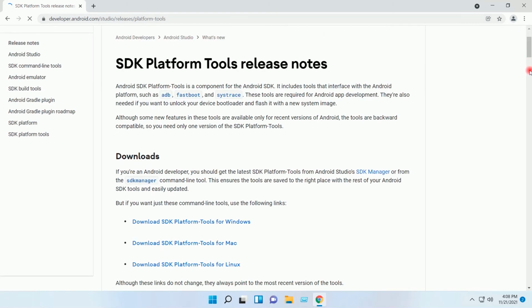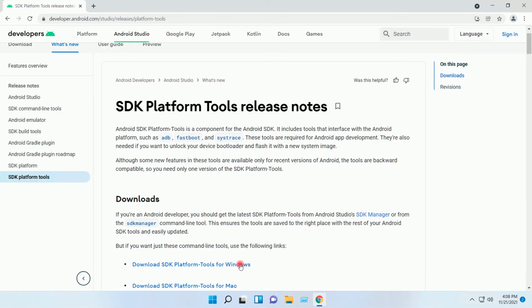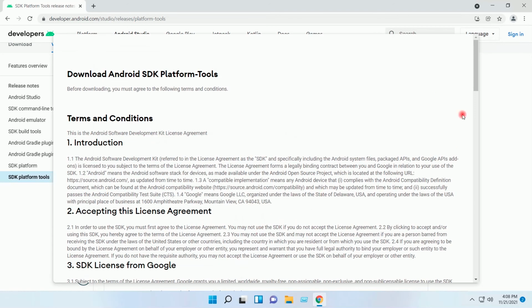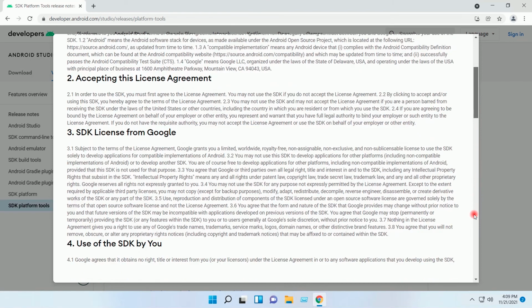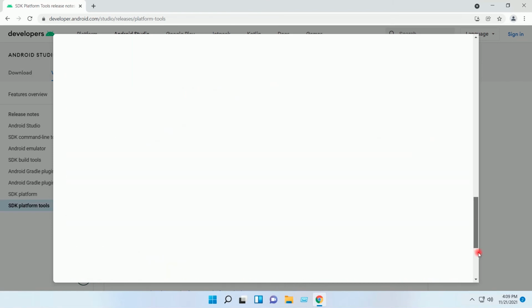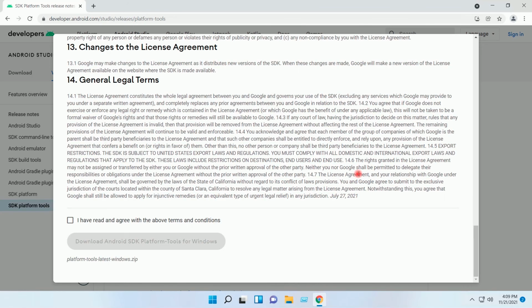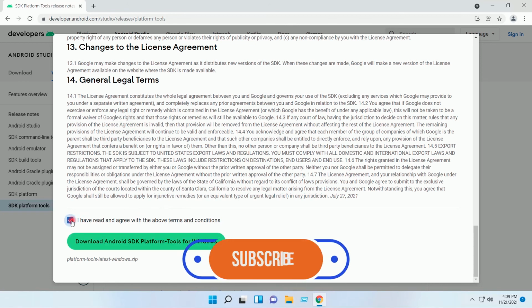On this page, I will click on download SDK Platform Tools for Windows. Accept, download.